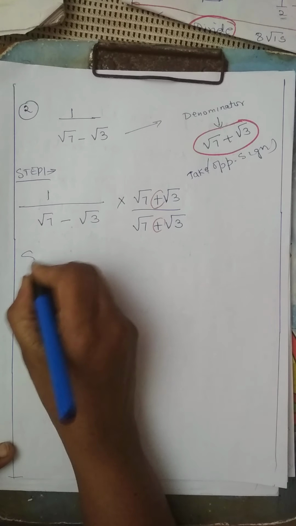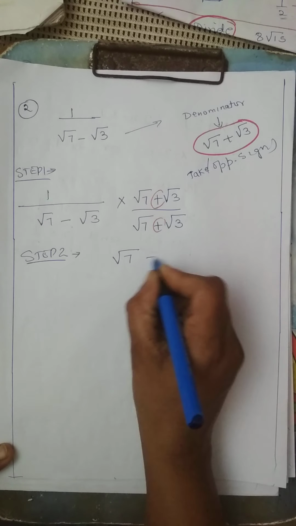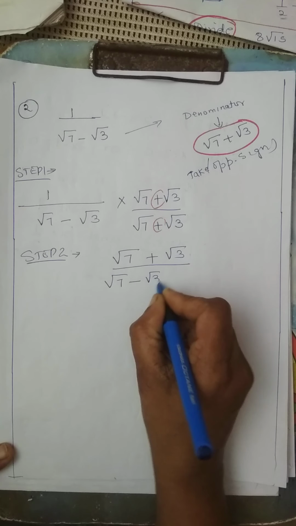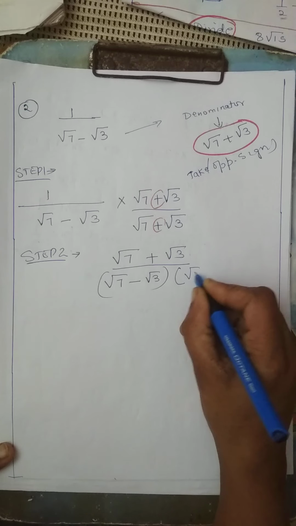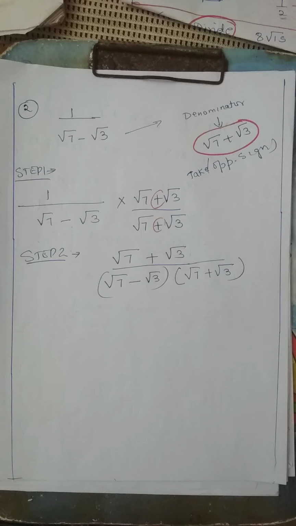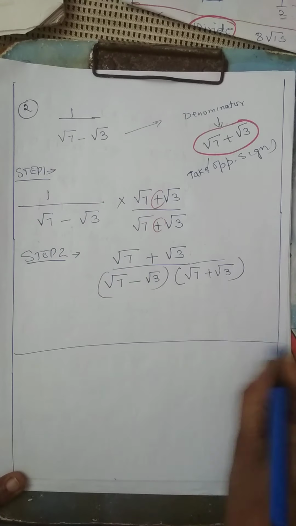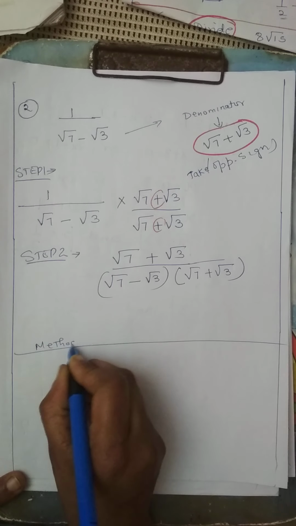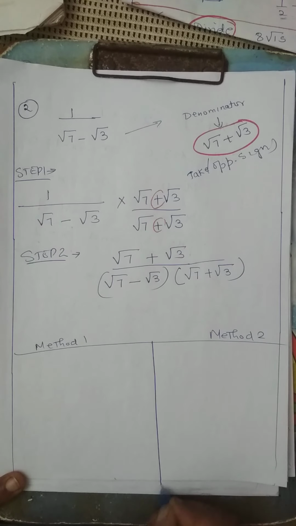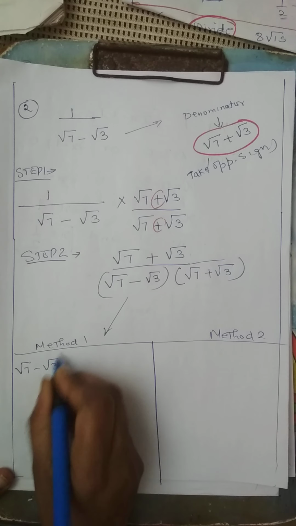Okay. What is step 2? We get the number like this. Same as the previous sum, but the only difference is that there is a root on both the sides. Now we talk about our method 1, method 2. Please focus, those who did practice. Now we copy this sum. Root 7 minus root 3. Please do it along with me.